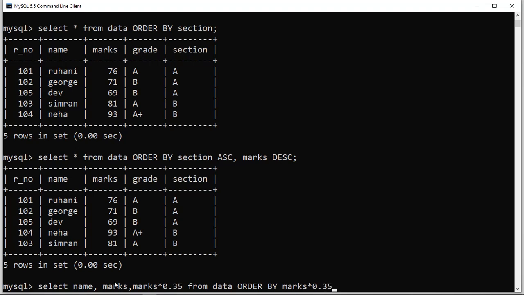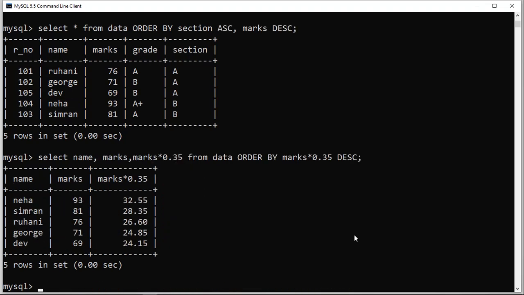Now you are creating this column here, and you are also going to sort that particular data set according to this column's result. So order by marks into 0.35, and then let's suppose the order is descending, DESC. Then semicolon, press enter.